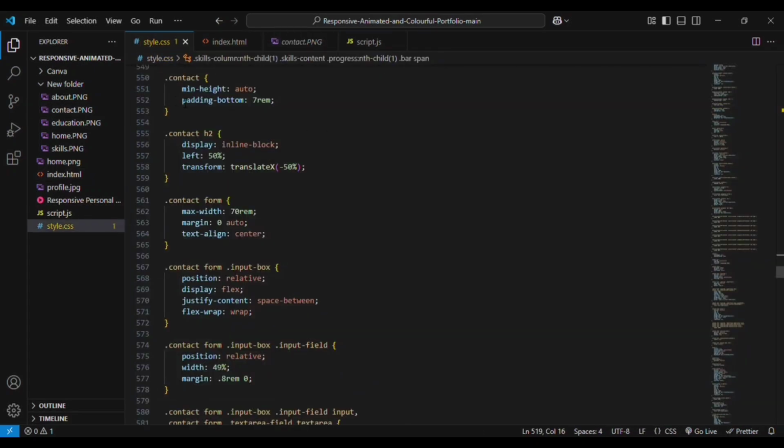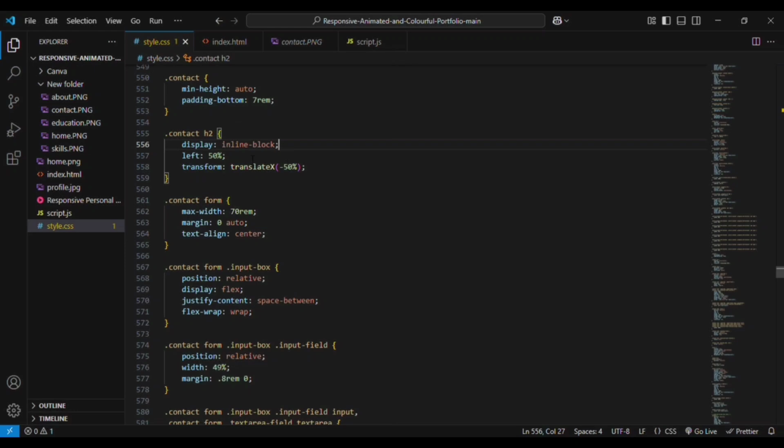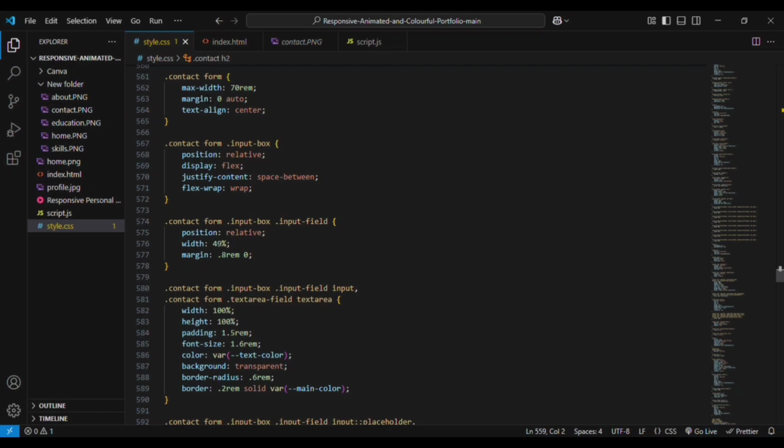For the contact section, we are adding minimum height, and padding bottom is given. For the contact h2 value, that is the heading value, we are adding display inline-block, left is 50%, transform translate 50%. And we are adding the contact form. For the form element, we are adding maximum width equal to 70rem, margin, and text align center, and